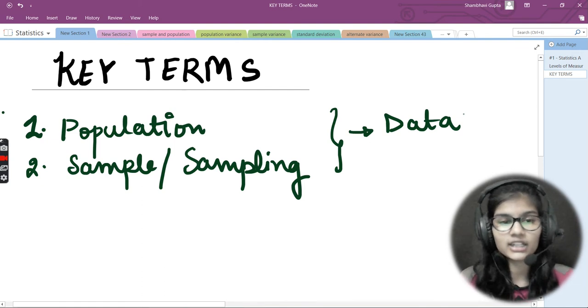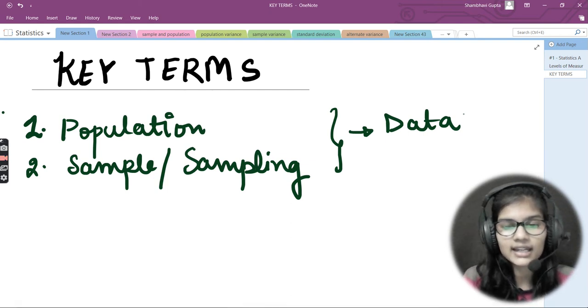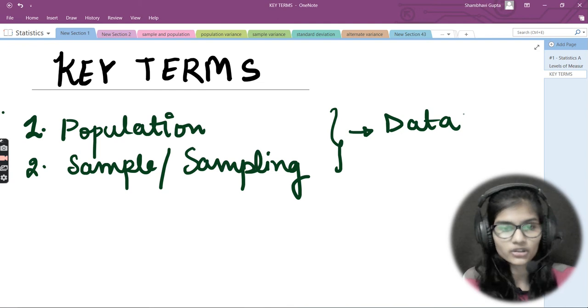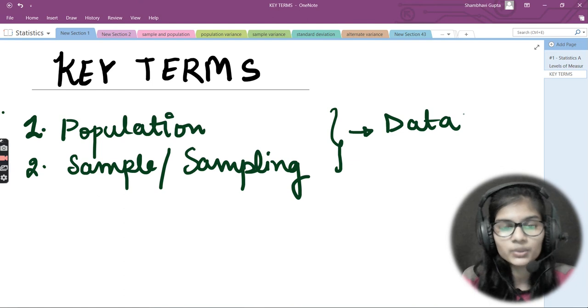Let me revise that once again. What is a population? In general words, we can say that a population is an entire collection of persons, things or objects. To study a larger population, we select a sample. So sampling is a technique in which we select small portions from a large population so as to study that particular population and gain some information. And what is data? Data are the results of sampling from a population.